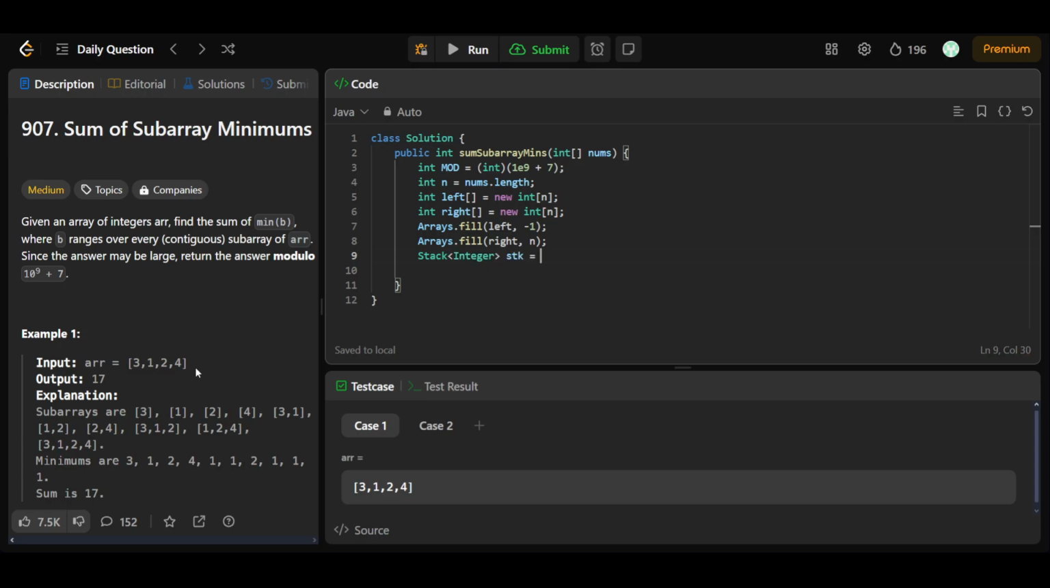Let's call it stk, that is equal to new stack. And let's start traversing over the array, for int i equal to 0, i less than n, and i plus plus. Okay, so what we'll be checking, that while my stack is not empty, not stk dot